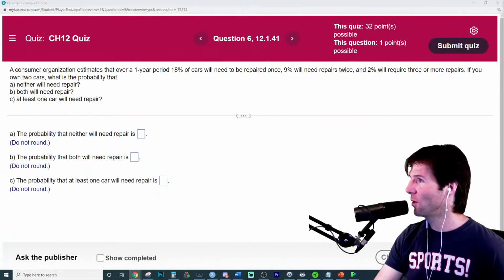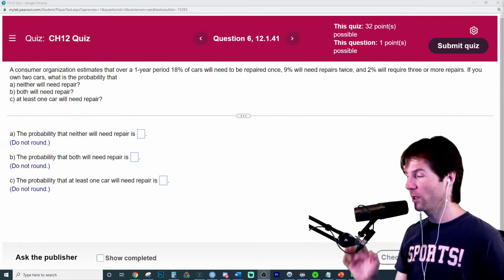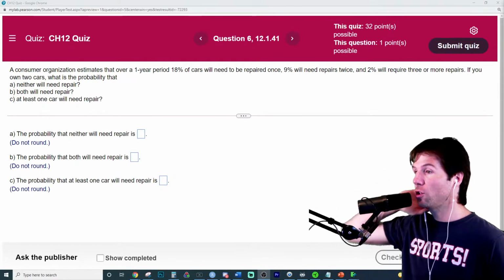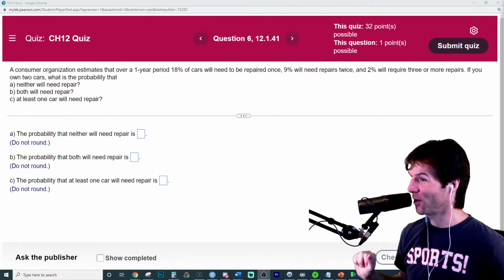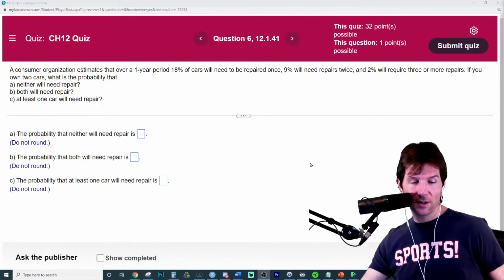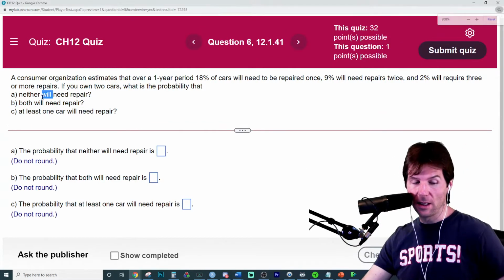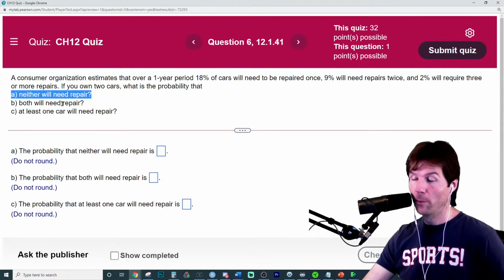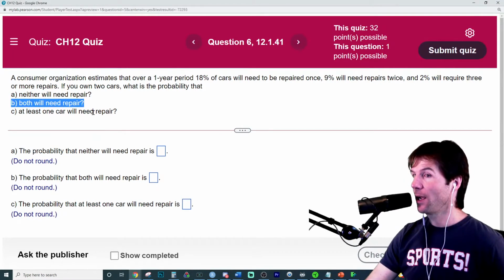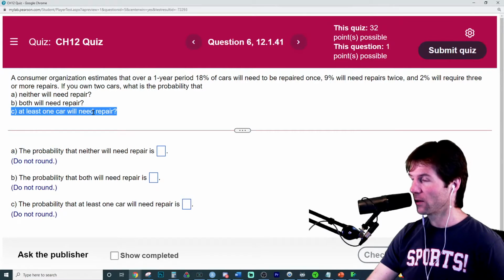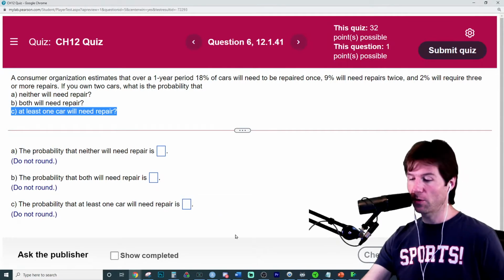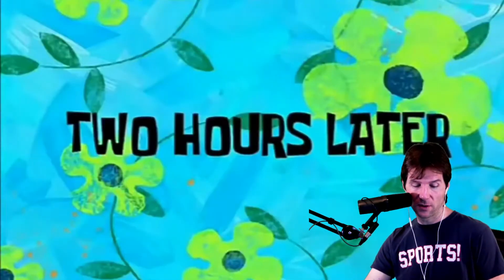Okay, so we're back to the 2-car question, and with the 2-car question right here, we have 2 cars this time. This is the actual 2-car question. And you're asking, what is the probability that neither of your cars will need repairs, both of your cars will need repairs, at least one of your cars will need repair? So you have 2 cars. Best that we draw this out right here and we think about what we're seeing. So let's take the problem